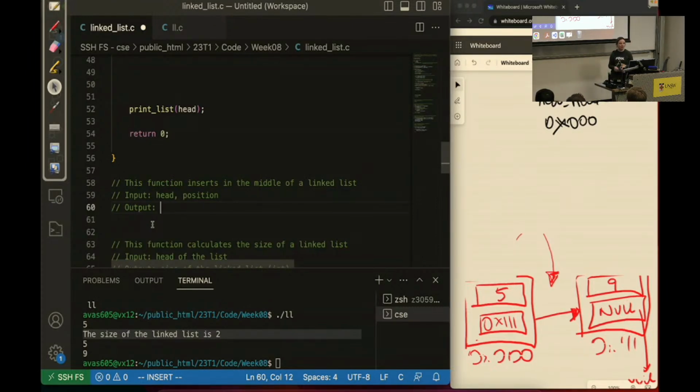So linked list is all about thinking about your boundary conditions. And the boundary conditions always occur at the head, at the tail, if the list is empty, for example, or if the element that you're looking for is not even inside the list, which we will talk about in a second, okay? So in the perfect world, and we have the perfect world because we have a linked list with